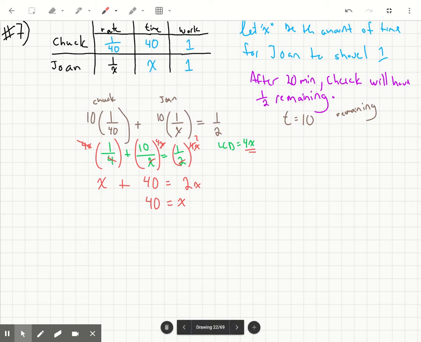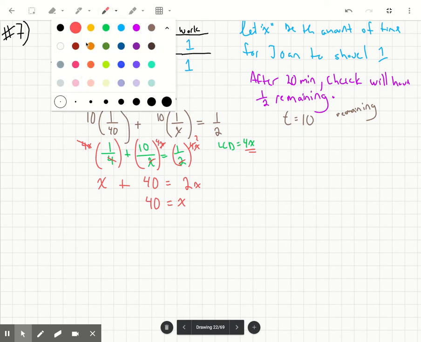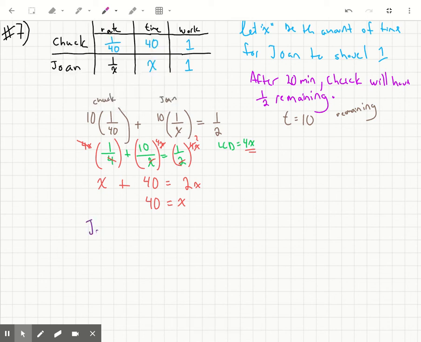Okay, so if x is 40, that means Joanne's rate is 40 minutes, that would be if she was alone, right? Since x equals 40, that represents how long it takes her to shovel one driveway. So I can go ahead and make that statement. Joan takes 40 minutes. Okay, now